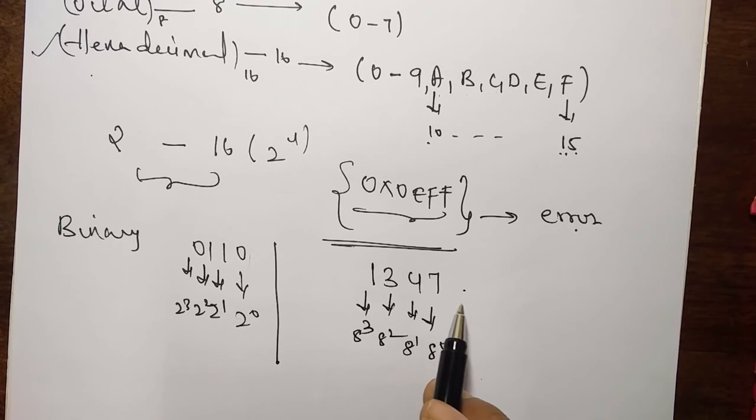What I am trying to tell you here is that each digit in a group of numbers has some weight. That is the meaning of a positional number system. Whereas in a non-positional number system, you don't have weights. An example of a non-positional number system, as I said in the previous video, is XS3 code and Roman values.